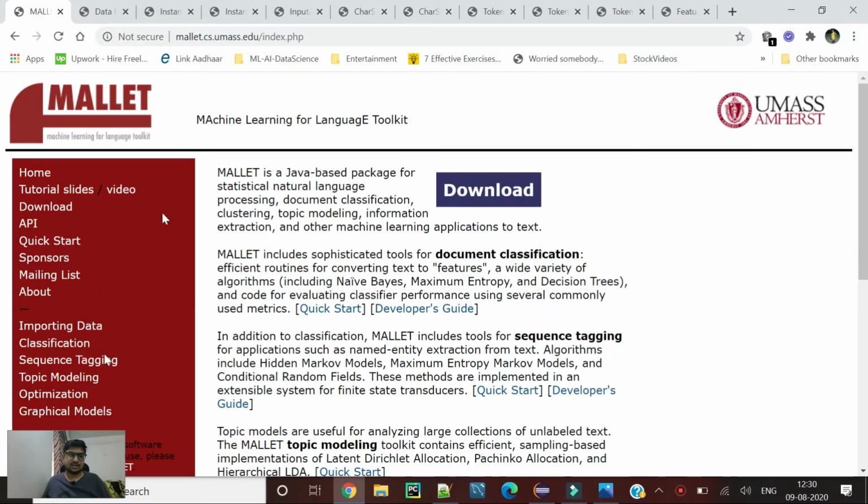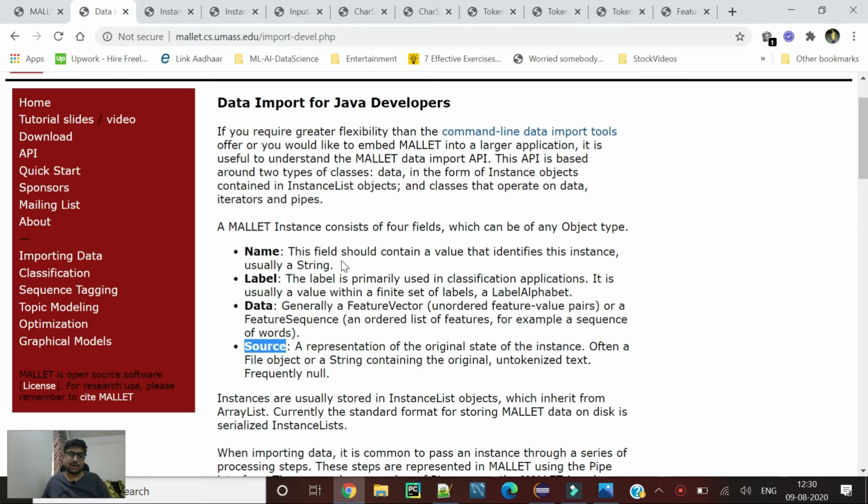So basically Mallet, as you all know, is a machine learning toolkit for natural language processing, and every instance, or you can say the data point in Mallet, is an instance. An instance consists of a name, label, data, and source. The name is basically the ID, and the label is the class to which you want to classify the data.